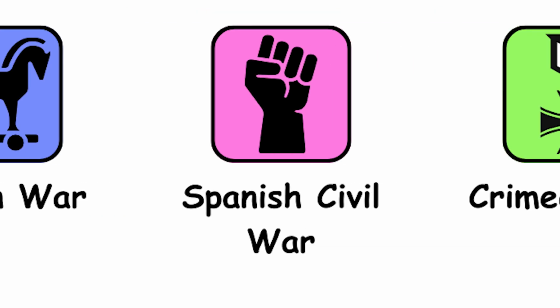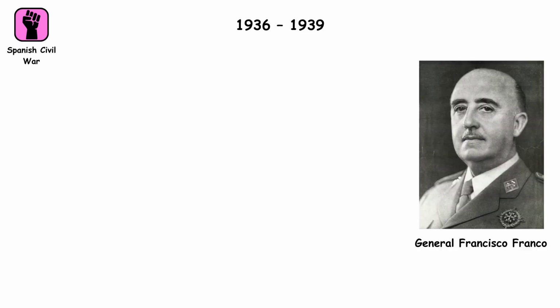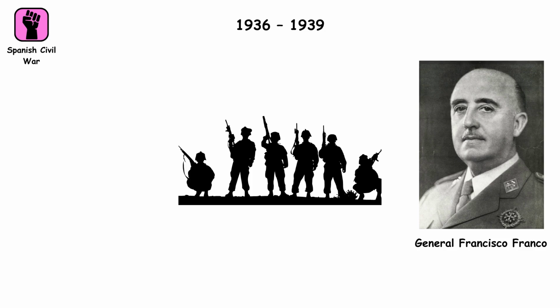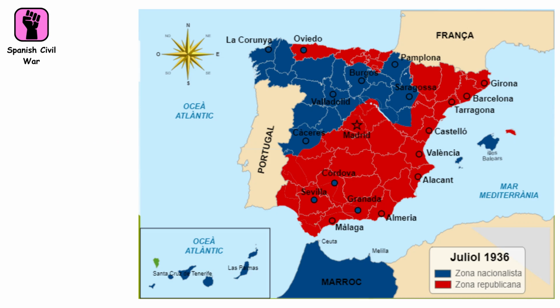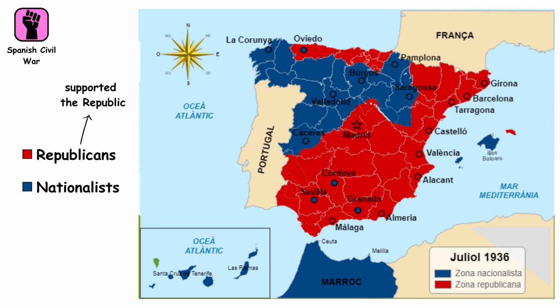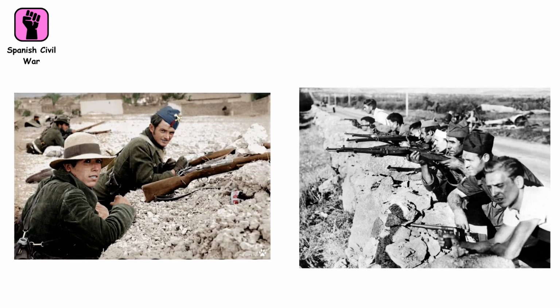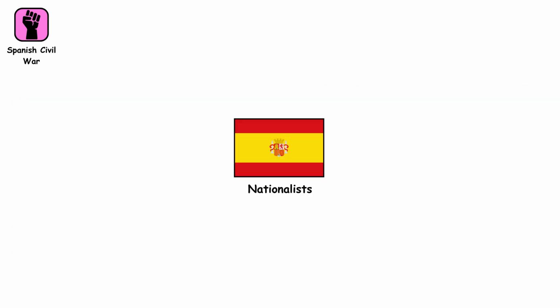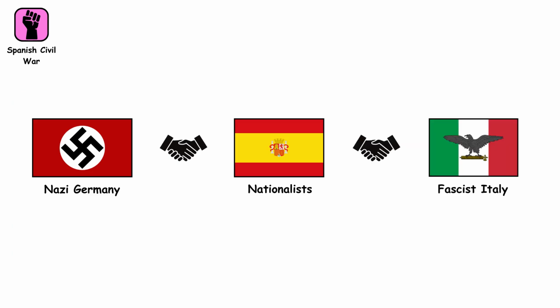Spanish Civil War, 1936–1939. Began when General Francisco Franco led a military coup against Spain's democratically elected government. The country split between the Republicans, who supported the Republic, and the Nationalists, who backed Franco. Despite fierce resistance from the Republicans and international volunteers, the Nationalists, aided by Nazi Germany and Fascist Italy, gradually gained